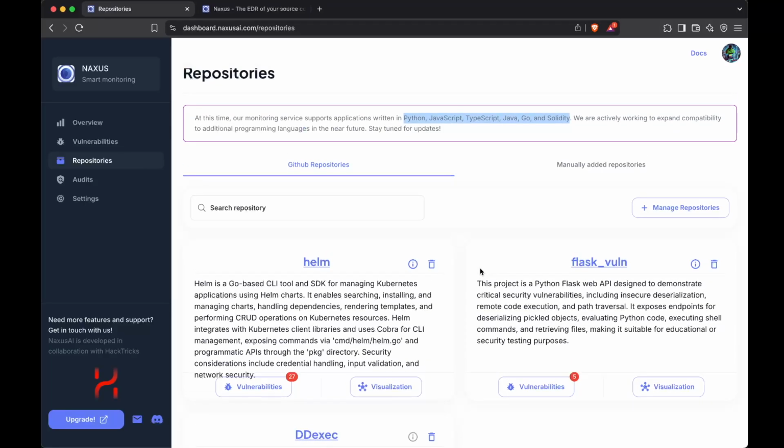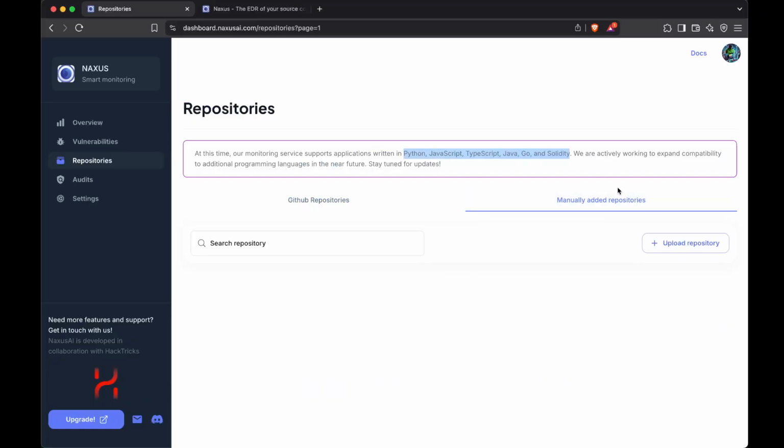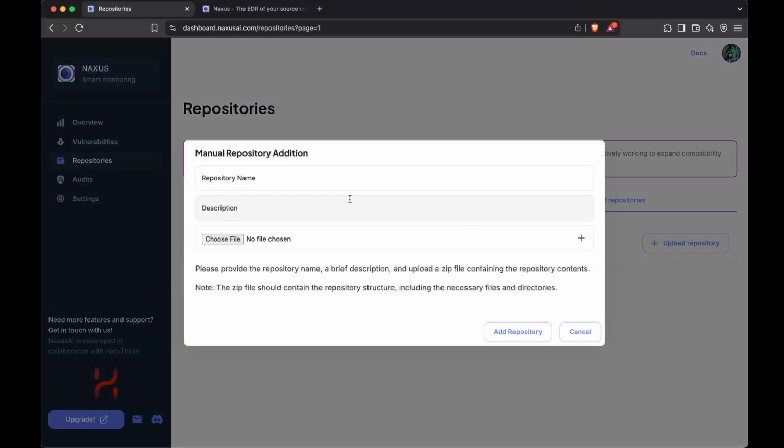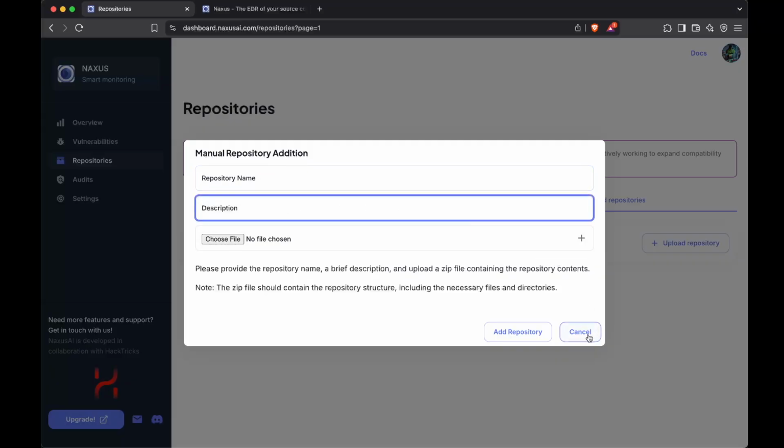But before we start checking details of specific repositories, let me show you that you can also manually add repositories, uploading a zip file containing all the code, indicating the repository name and some description of the repository. Of course, in this case, if you upload a zip repository, the platform is not going to be monitoring pull requests or commits, because it doesn't have access to any GitHub repo that is receiving those